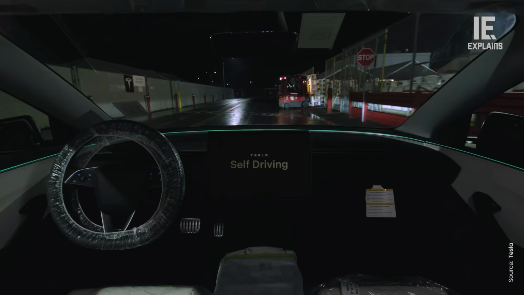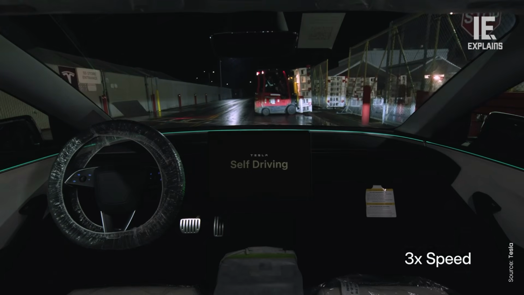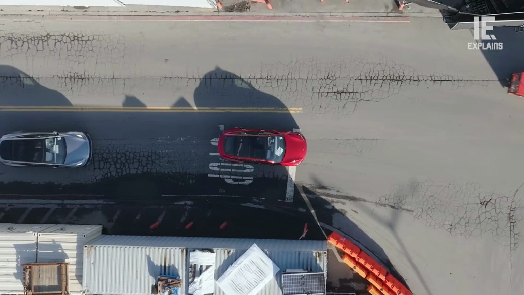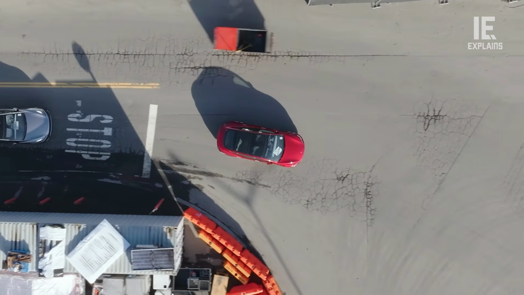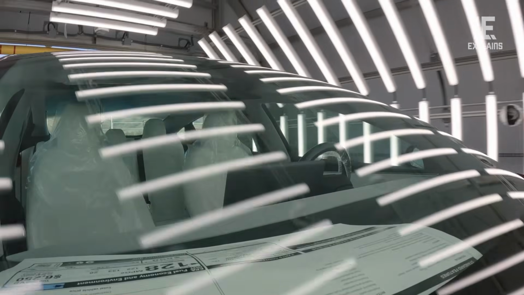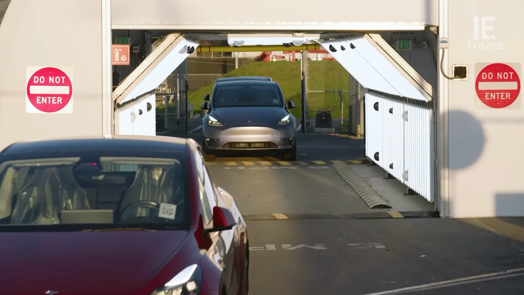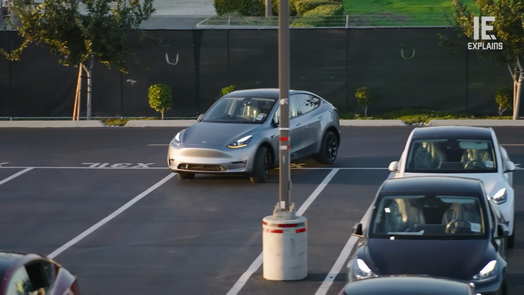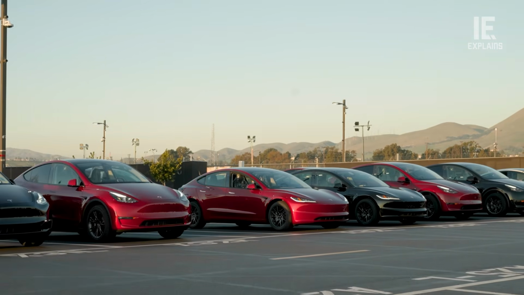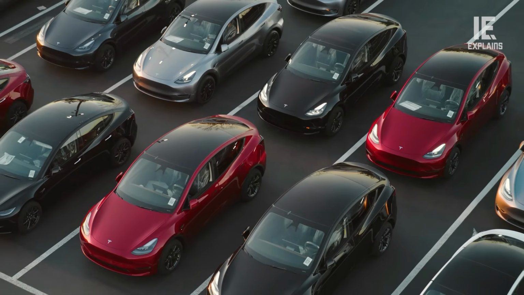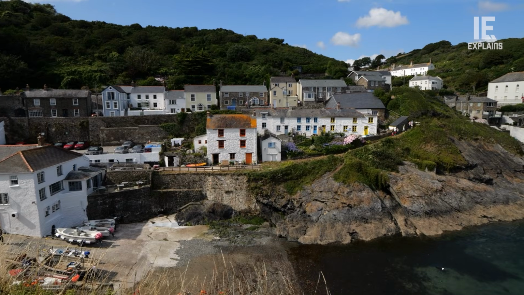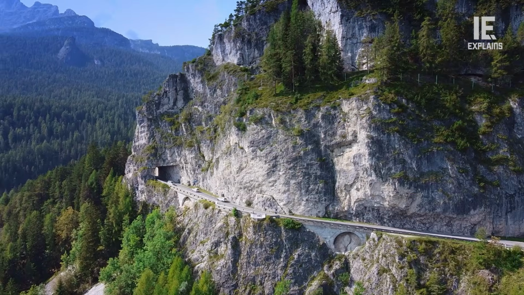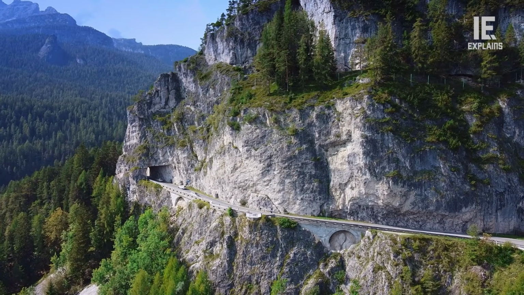If these technologies are to be effective, they need to be better than humans at identifying not only obstacles and dangers, but the basic environmental context in a wide range of driving environments. We see most of these cars being tested on the wide, straight, modern roads of Texas. However, they also need to be able to drive through the cobbled streets of a fishing village in Cornwall, or around the precarious mountain passes in northern Italy.